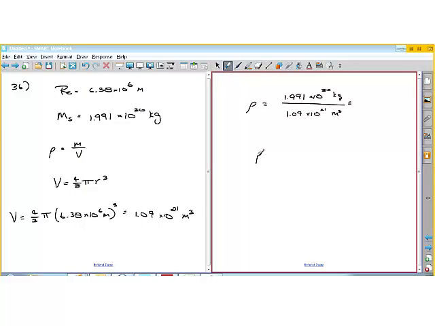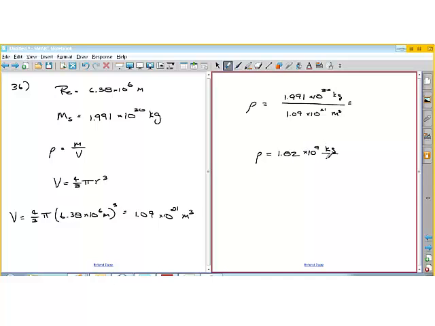And I'm going to put this in scientific notation. So if you look on your calculator, you get 1.8266055505. So we count from the 8: 1, 2, 3, 4, 5, 6, 7, 8, 9. 10 to the 9th